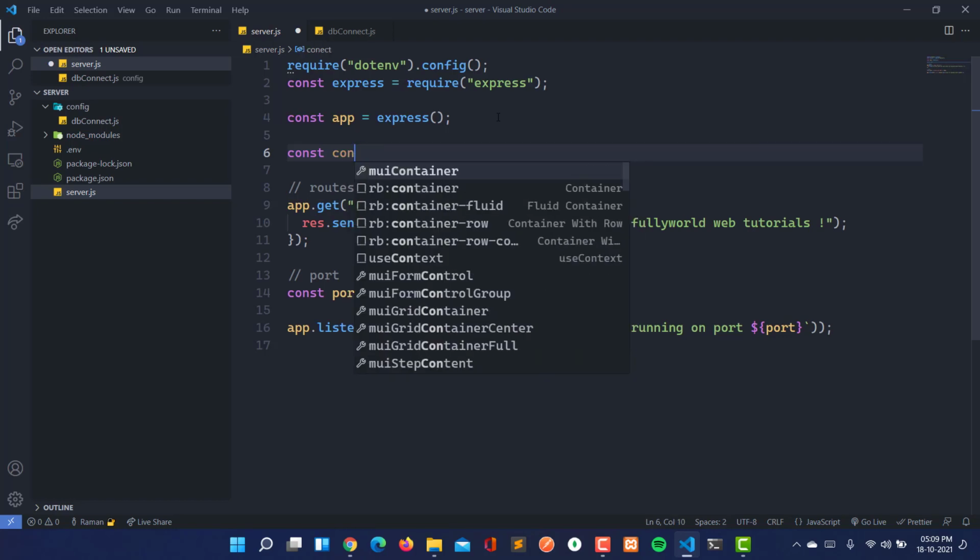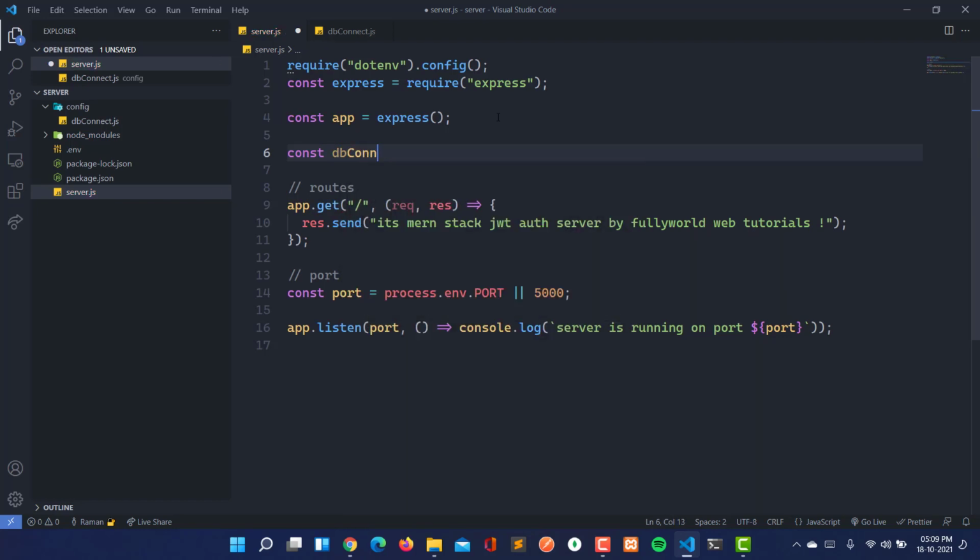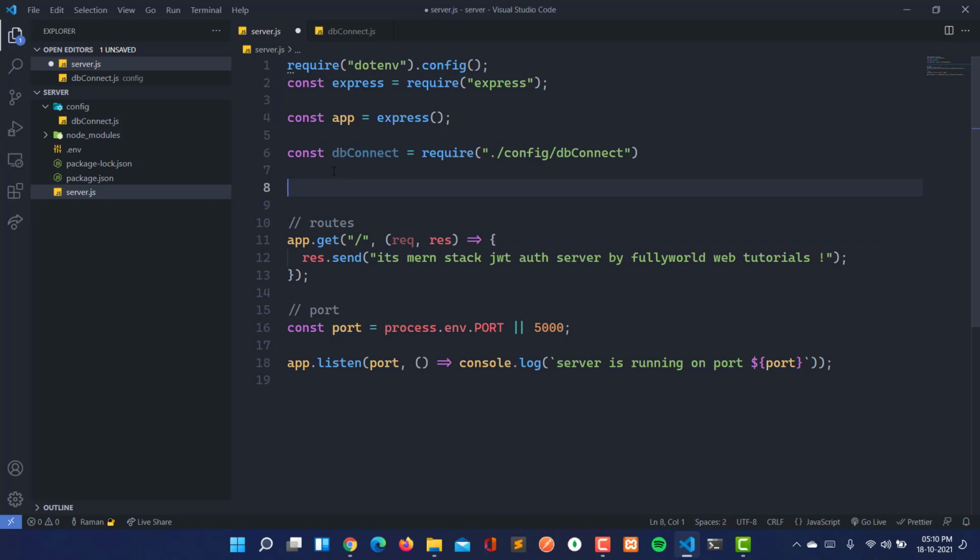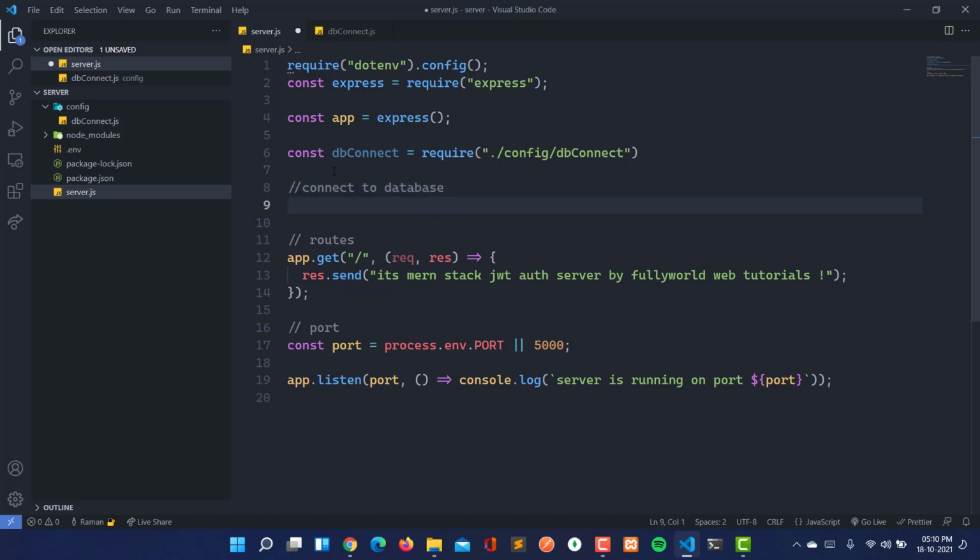Import connect: dbConnect is equal to require from the config file, from the db connect. So copy this, and here I'm going to do the connection. Just paste it and call it here.